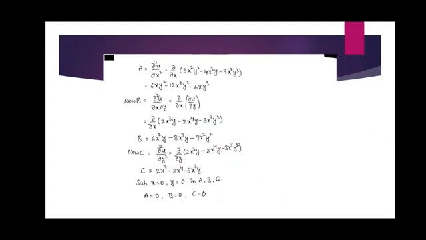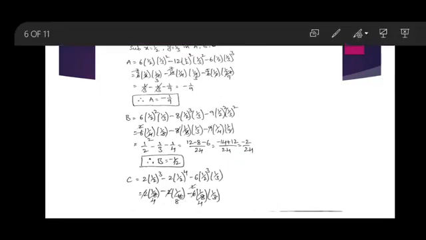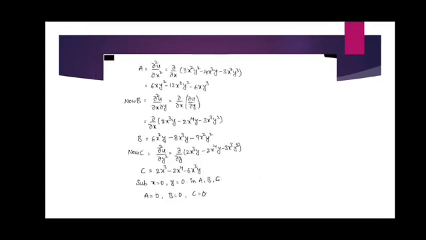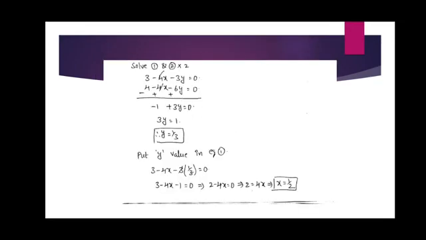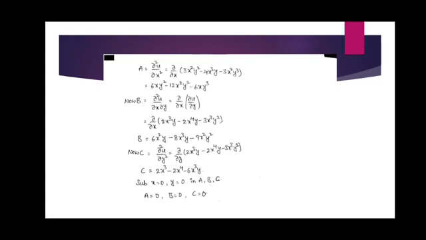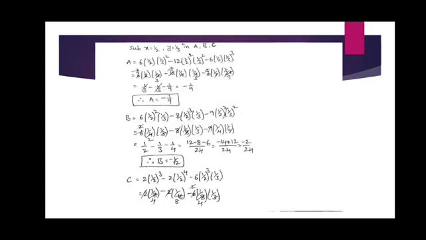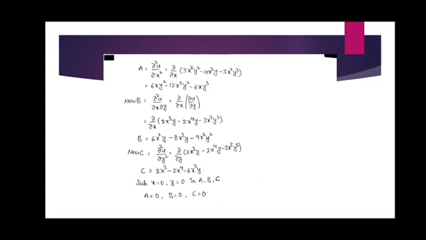Now we get the values x equals 1 by 2 and y equals 1 by 3 from the previous. So here we substitute x equals 1 by 2 and y equals 1 by 3 in a, b, c. Already we have a, b, c. Here we know that a is equal to 6xy square minus 12x square y square minus 6xy cube. So in this we substitute x equals 1 by 2 and y equals 1 by 3.